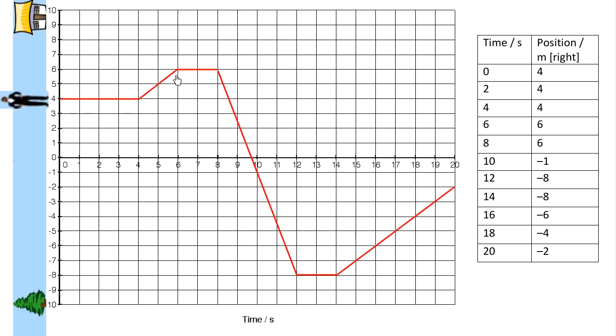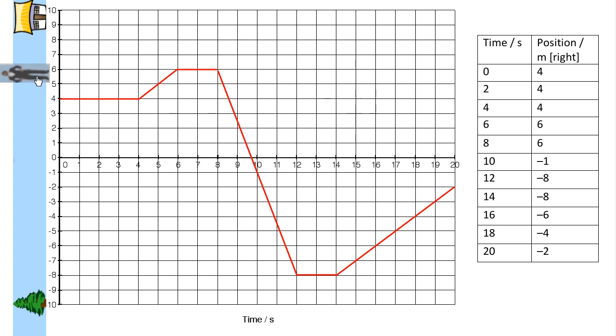Okay, so here's the graph, so you can check your answer, and I've also superimposed the picture from the simulation before, so we can just make sure that we understand what's happening here. So if this is describing the movement of that same person along the timeline, then they start at the 4 meter mark, 4 meters to the right of the origin, hang out there for a bit, and then move to the 6 meter mark over this timeline, over those 2 seconds, from 4 to 6 seconds,